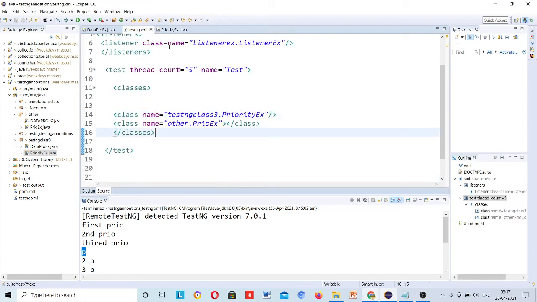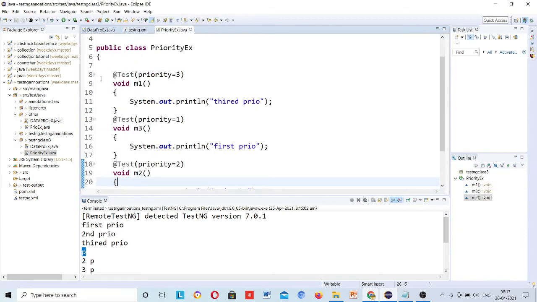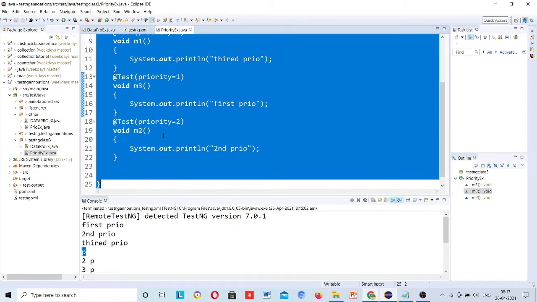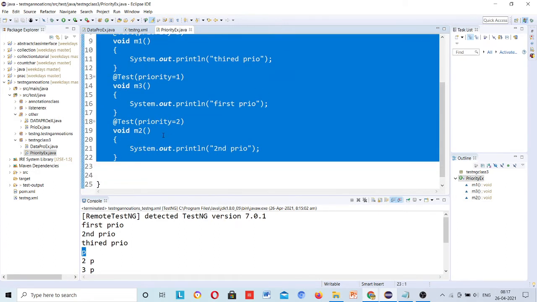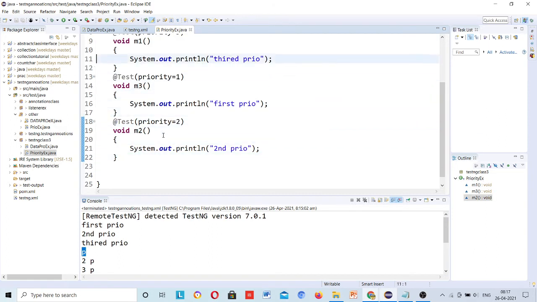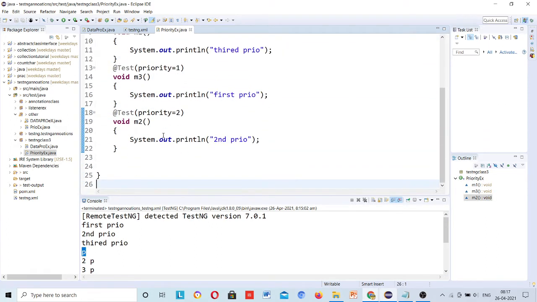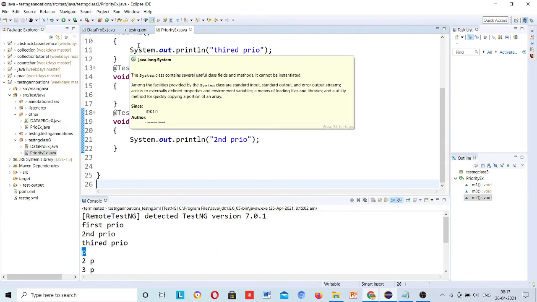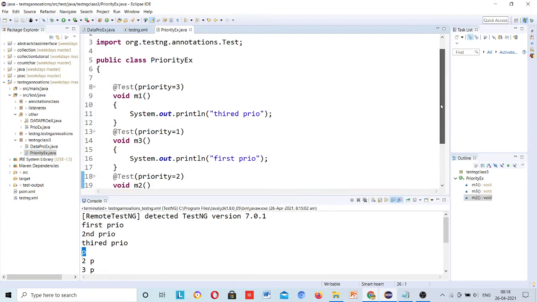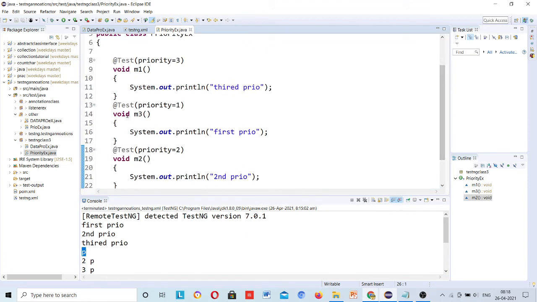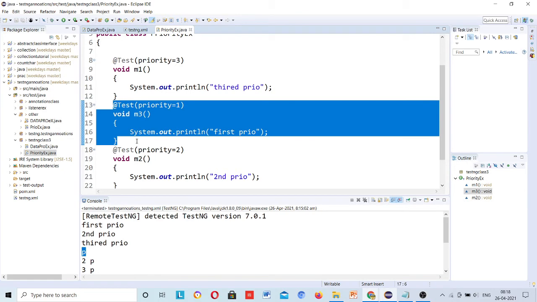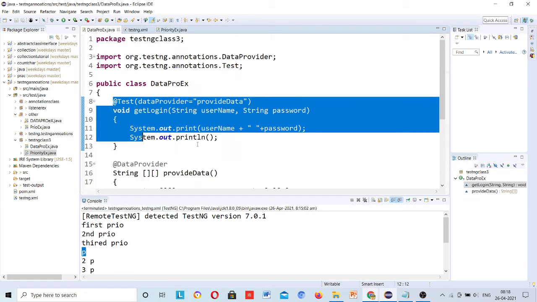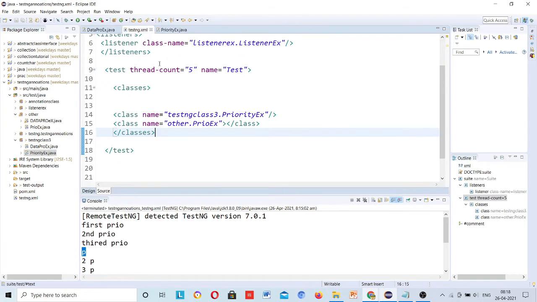Okay, so I have these three methods, and any one of them I don't want to run, or any one only that I want to run. Okay, so in a particular class there may be thousands of test methods, thousands of test cases. So if you want to run only five, only two, so suppose in these three I want to exclude this m3 method from running. So first of all I will come to this class.